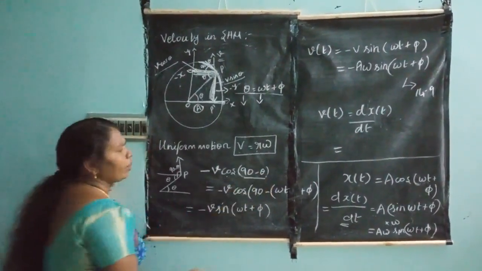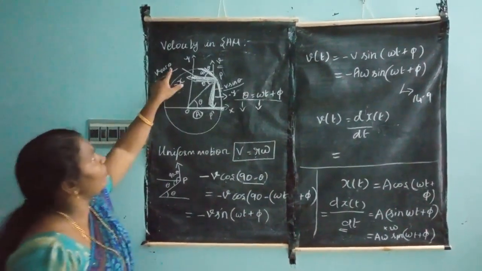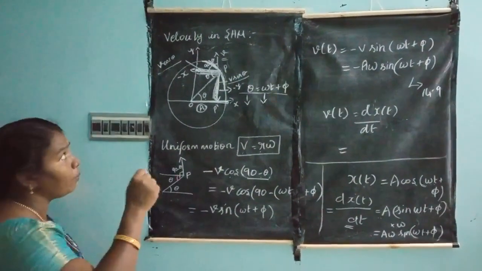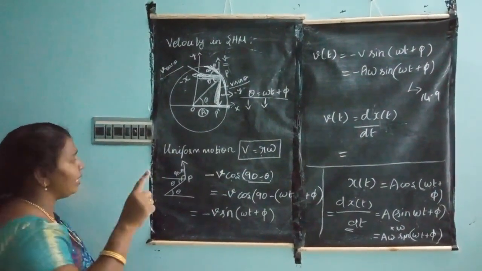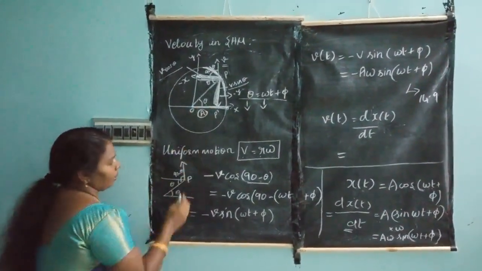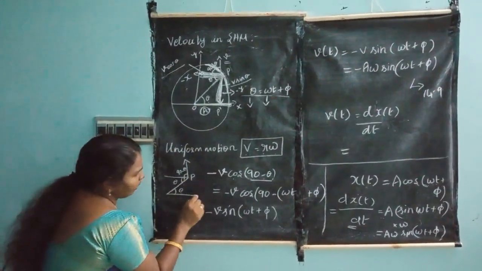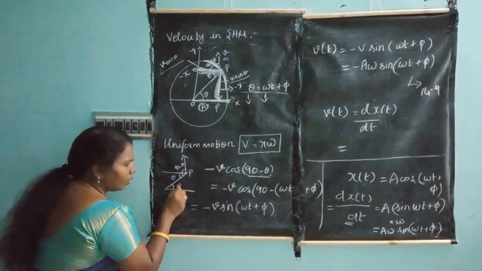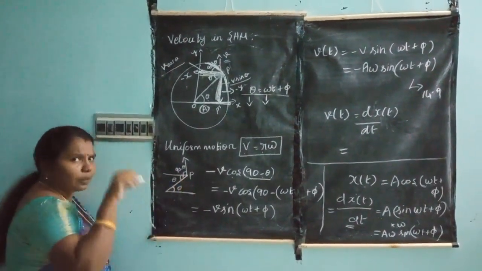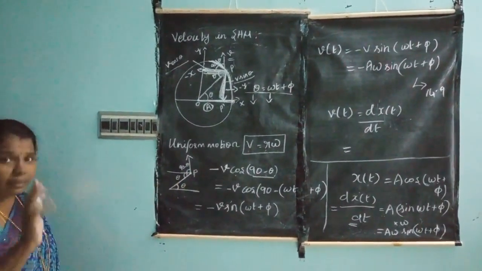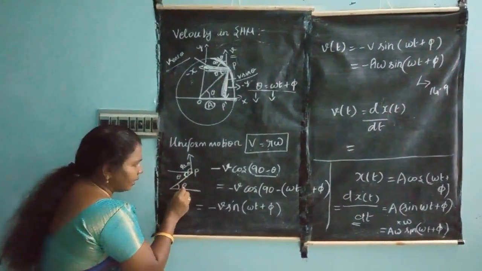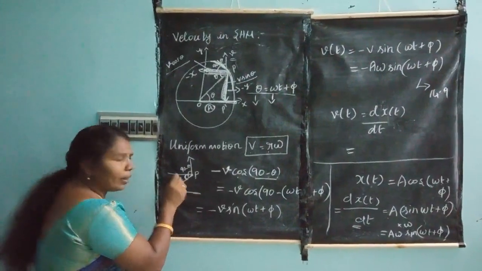Why I am denoting 90 minus theta, ma'am? Instead of theta, you have to denote only omega t plus pi, no? Yes. But here I have projected in a tangential way. So in tangential, see, I am drawing this diagram. When the particle is moving to the position P, this makes an angle theta. So this theta is equal to omega t plus pi. But you know that in alternate angles, the angles are equal. If it is theta, the alternate angle also must be theta.